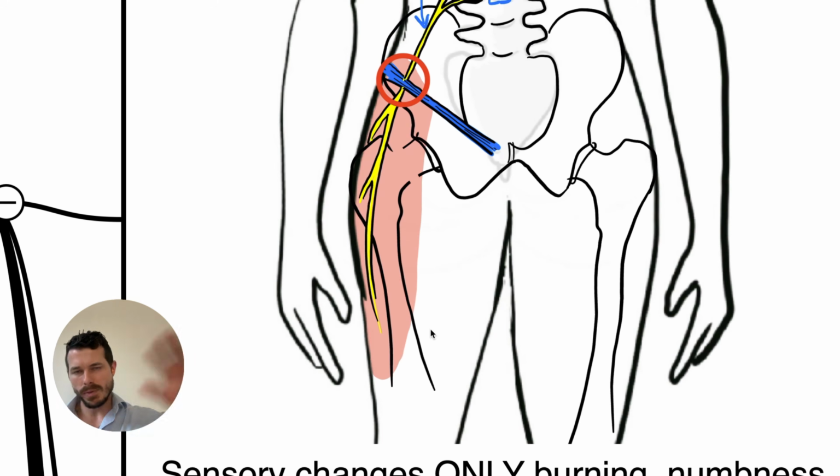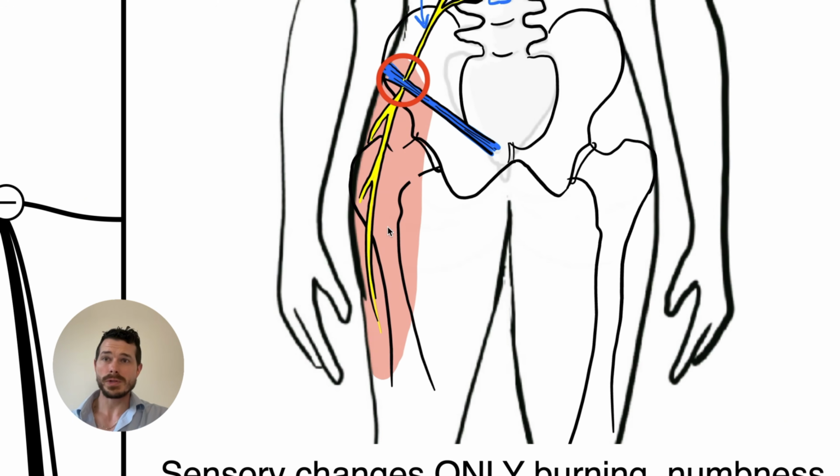All your muscles will function perfectly fine. You will just lose feeling in the skin in this area of the outer front of the thigh. You won't notice any symptoms below the level of the knee because this nerve supplies only feeling to this area of the thigh above the level of the knee. So again, if you snip this nerve or irritate this nerve, it's a sensory-only type of experience that you'll have